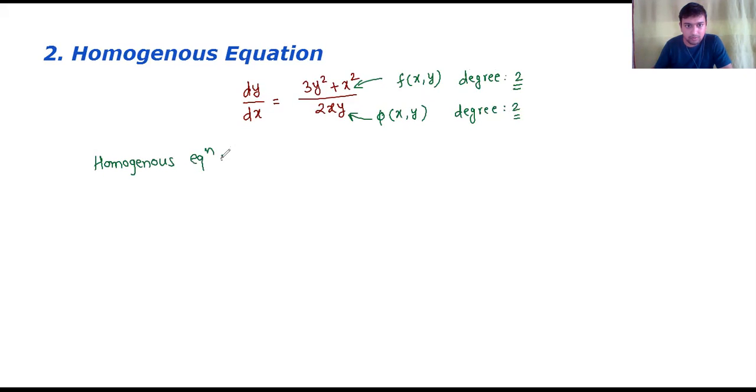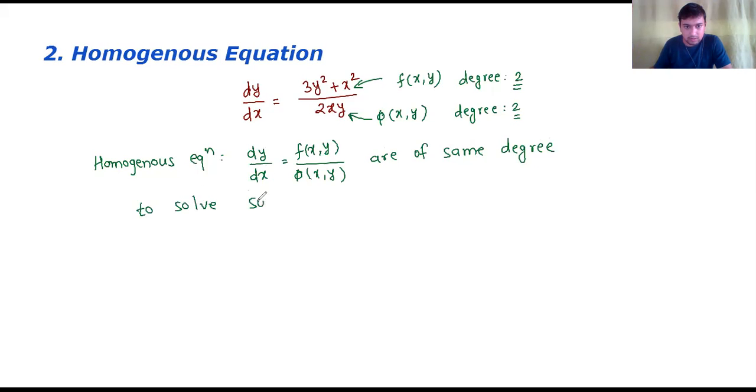That means homogeneous equations are of the form, the general form is dy by dx is equal to f of x, y upon phi of x, y, where both are of the same degree. If they are of the same degree, in such cases, to solve such equations,